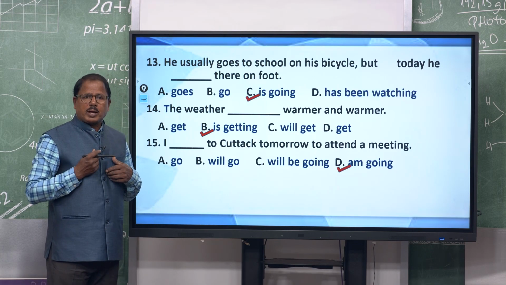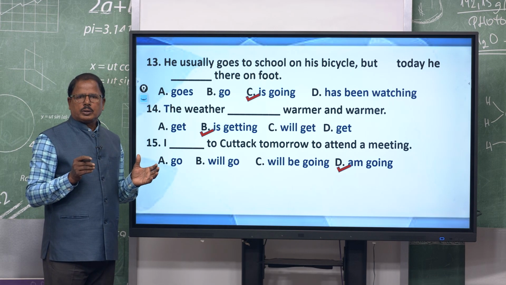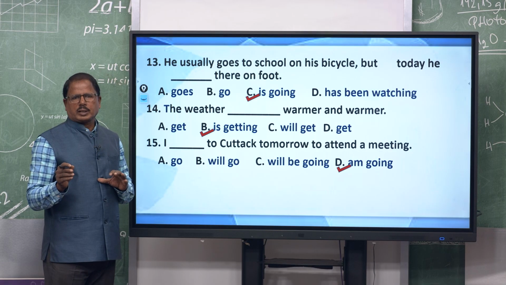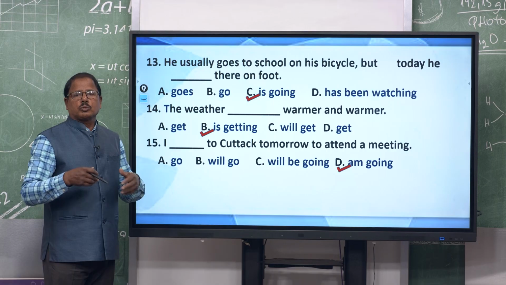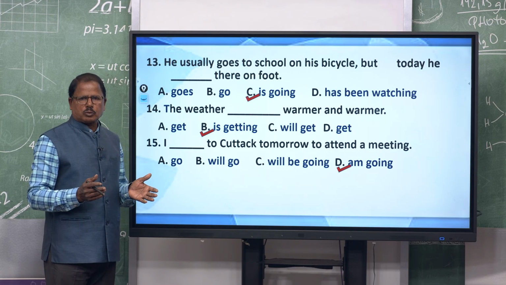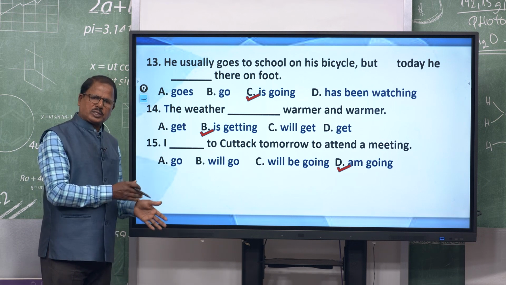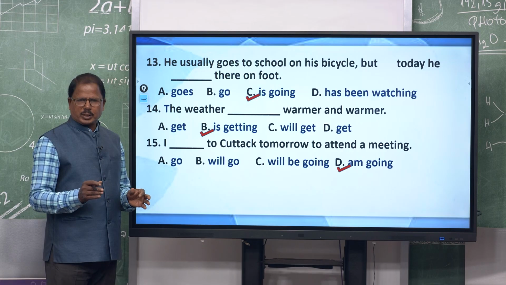When we ourselves plan a future action, then we use the progressive, be verb plus ing, right. I am going to Cuttack, we are going on a picnic tomorrow. This is our personal plan, group plan, right, but for official plan, for government plan, we should use present simple,